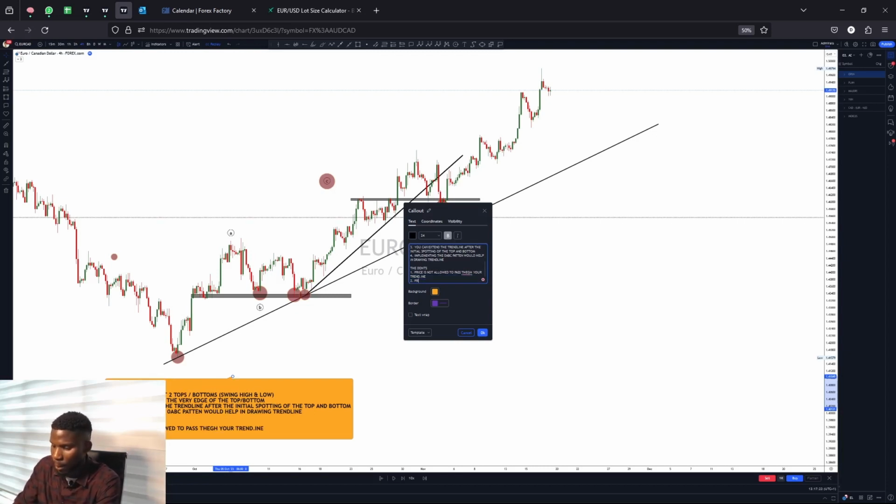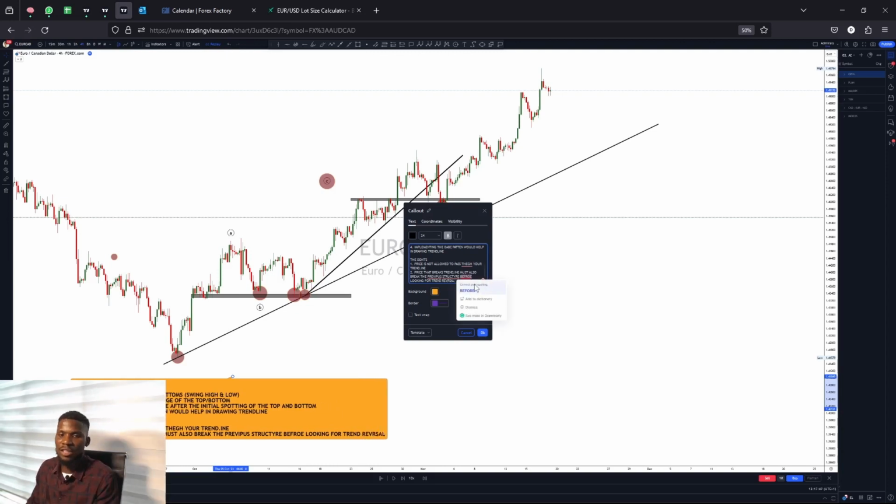Number two, price that breaks a trend line must also break the previous structure before looking for a trend reversal, because some people believe when a trend line is broken, then the market is reversing to the opposite side. It's not always right, and I'm gonna prove that to you in this particular chart that I'm working on right now. Okay, and number three,